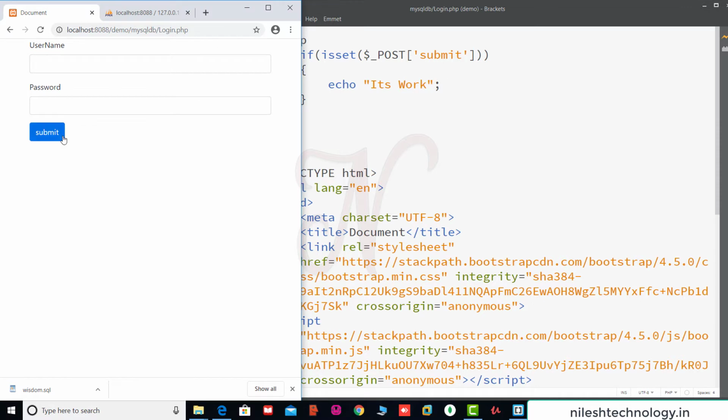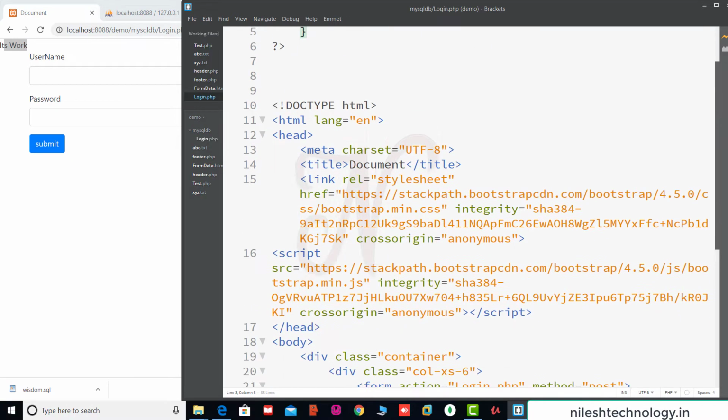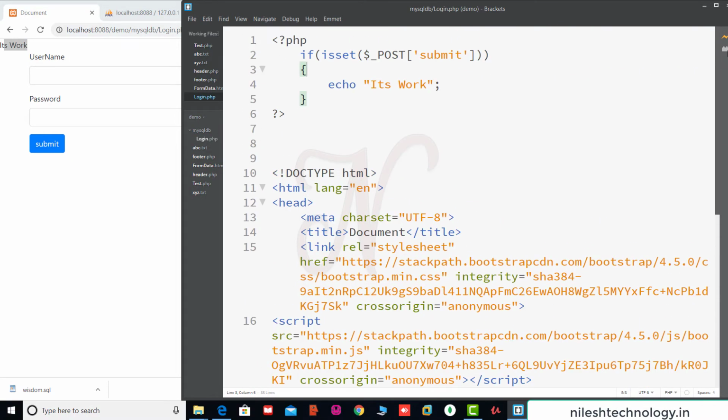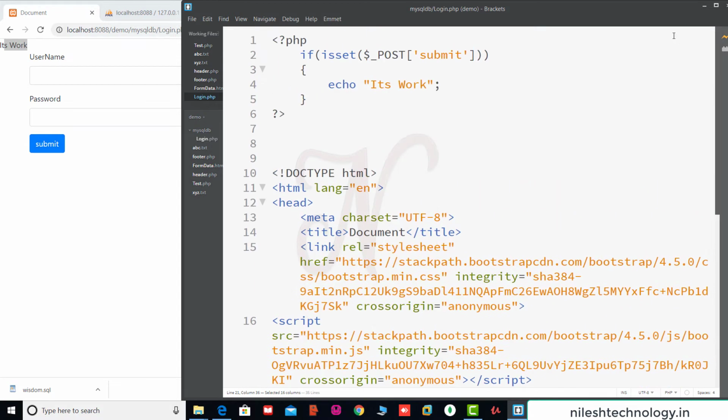So here we click this submit button, see it works, and this design part remains the same because we added this code in the same program. So this is your design form, and this is your action form, and in this form we set this action to the current page name, that is login.php. That's why after submitting, this page is going to this same page. Okay, so now it works, which means it is going to this if section or the if block.